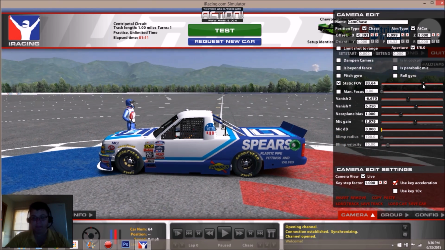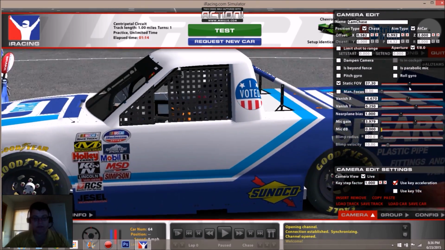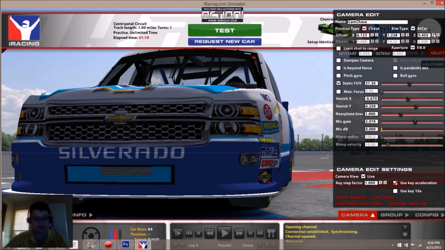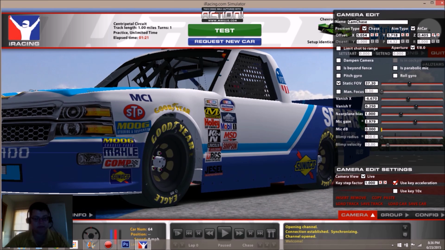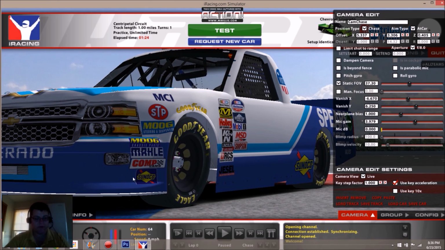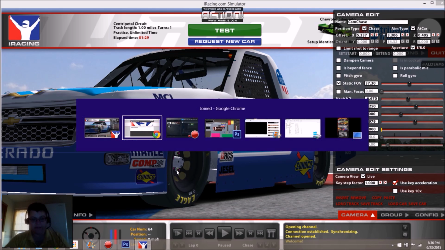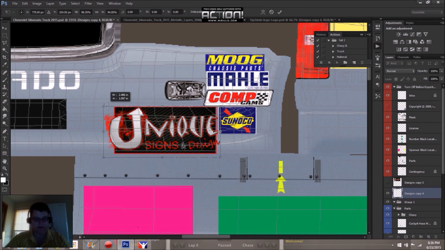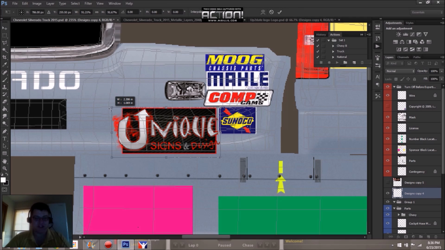Anyway, zoom in. I'm going to go to the front of the truck, and I'm going to lower the camera because we are placing my front side contingency, and I'm going to put it right here, right under the light, right? Let's see, Alt Tab will take me to my next window. There's my logo. Control T to bring up the, I don't know what that's actually called, a change box.